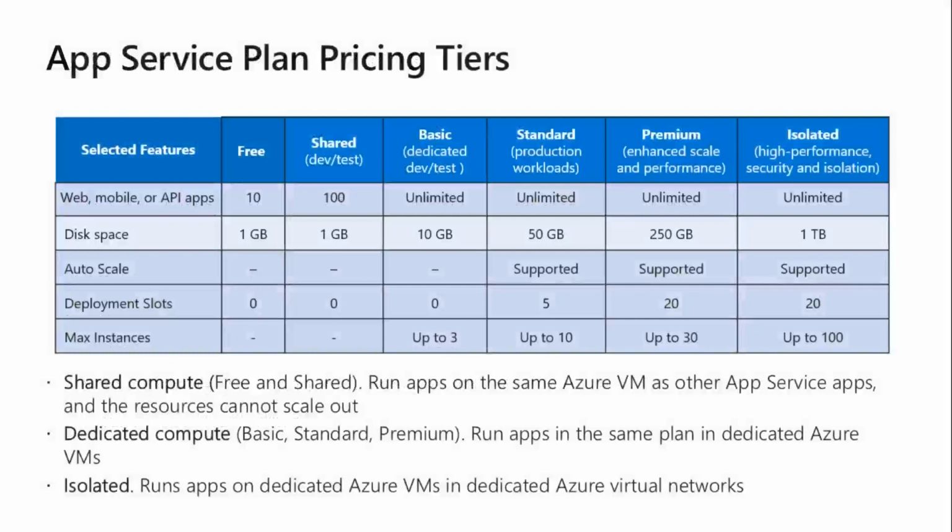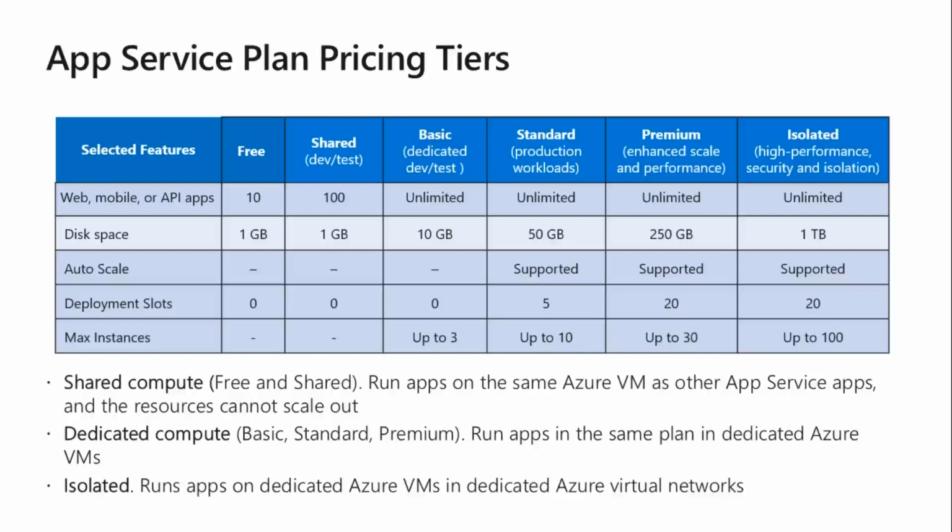App service plan tiers. If you go with the free and shared, there are some features available like web application, mobile and API apps. You can go up to 10 web applications. You can start 10 mobile applications or a combination. If you go for the shared, then you can create up to 100 web applications and mobile applications